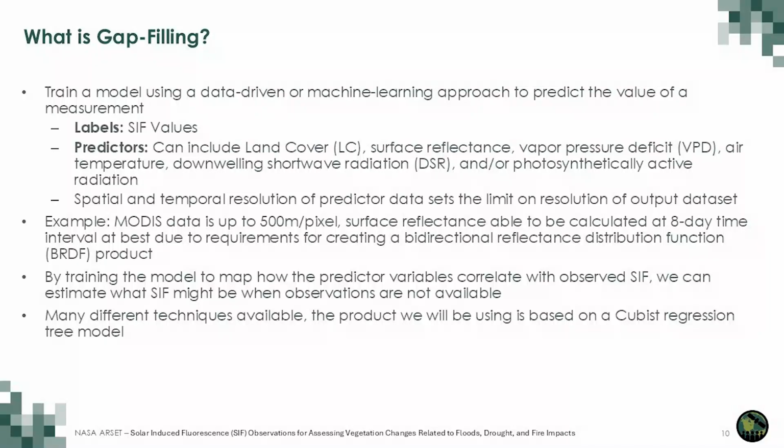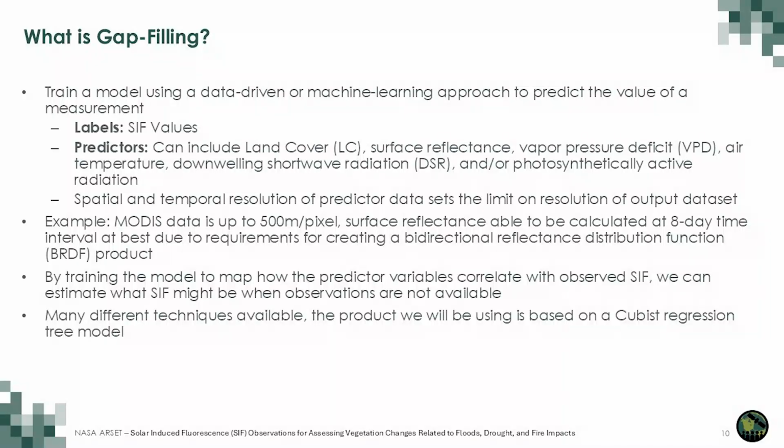So for an example of how we could do gap filling, we could take MODIS data, which has a resolution of up to 500 meters per pixel, and gives us all of the predictor variables that we need. And we can associate those predictors with the observed OCO2 or OCO3 data and use all of that to train a model. The model can then tell us what we expect SIF to be in places where we have no